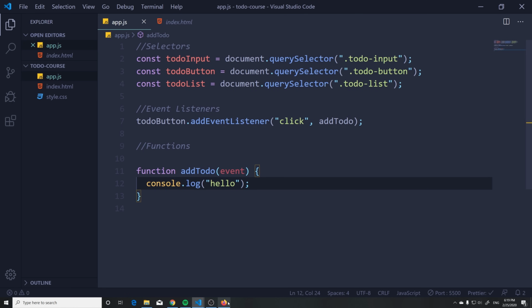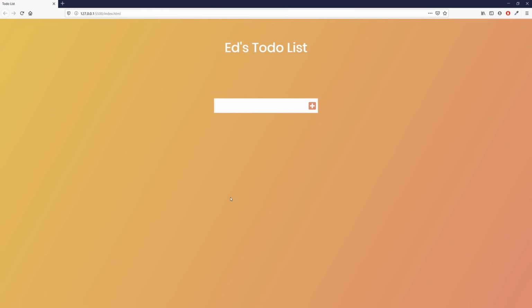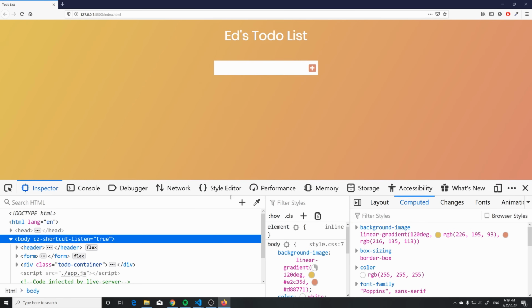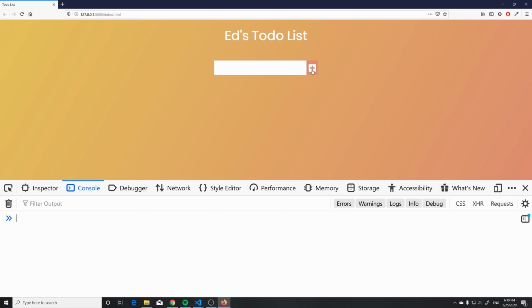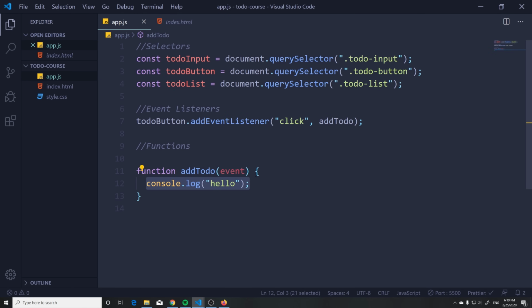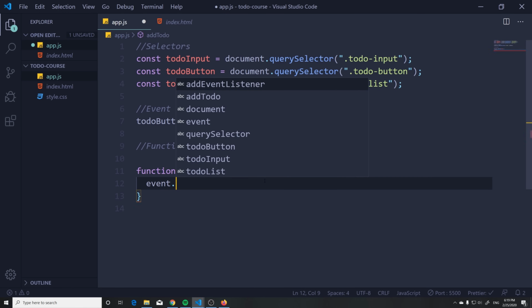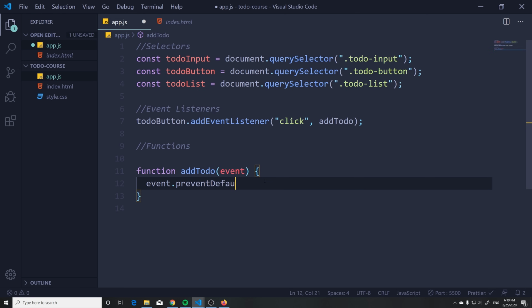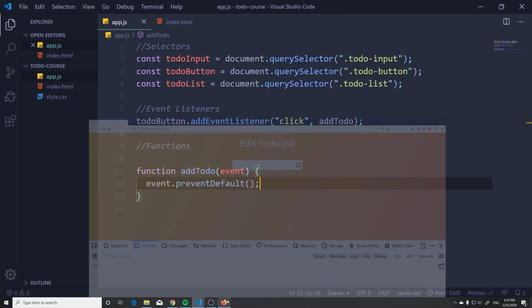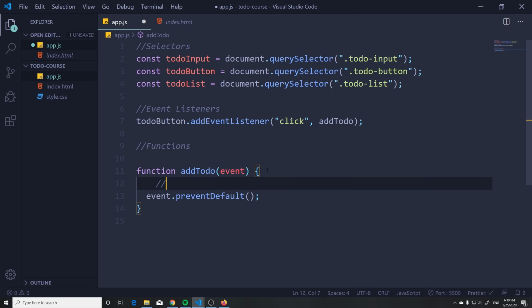Hit save, and let's click. I'm gonna press F12. Where's my F12? There it is. Go to the console, click plus, and oh no, it doesn't work because our browser refreshes. So if you know previously, what we did to stop that behavior is we grab the event and we add a preventDefault, and that's going to stop it. Hit save. There we go. Now we don't have that issue anymore. Okay, so prevent